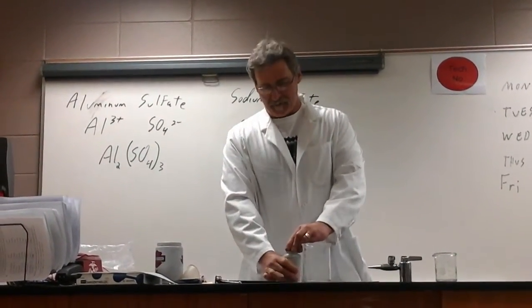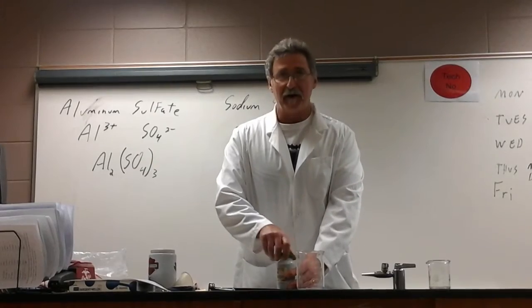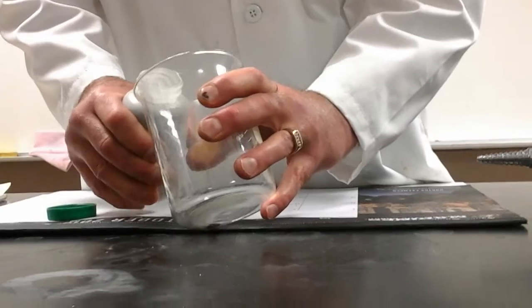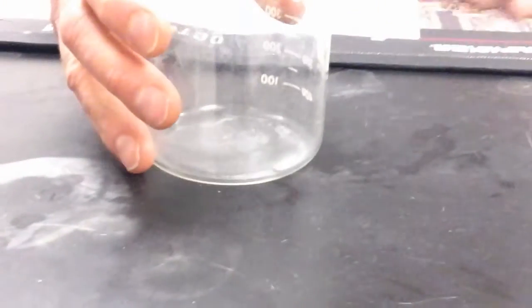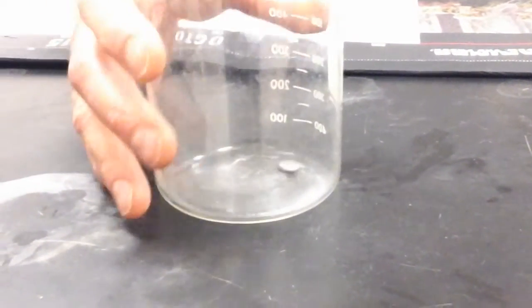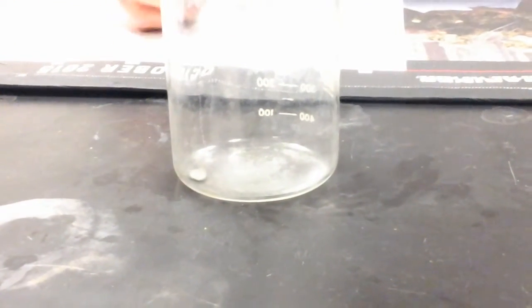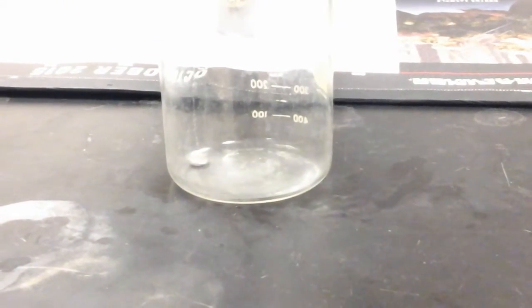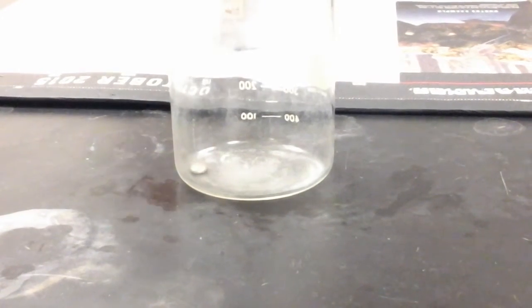Another interesting property of mercury is its cohesiveness. This is also what makes it extremely hard to clean up a mercury spill. I'm going to just place a little bit in this beaker, and hopefully, if Brittany can zero in on it, you can see that it's more cohesive than water, quite a bit more. It forms these cohesive, meaning one mercury atom wants to be around other mercury atoms, and they cling to each other. And as a result of that, when you break a mercury thermometer or have a mercury spill of any kind,